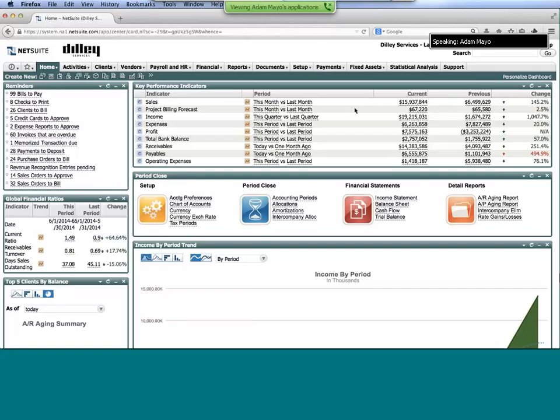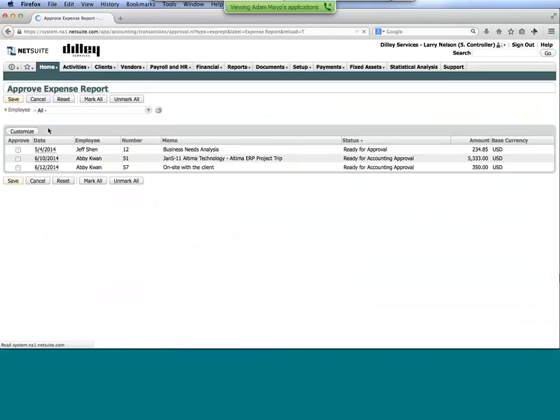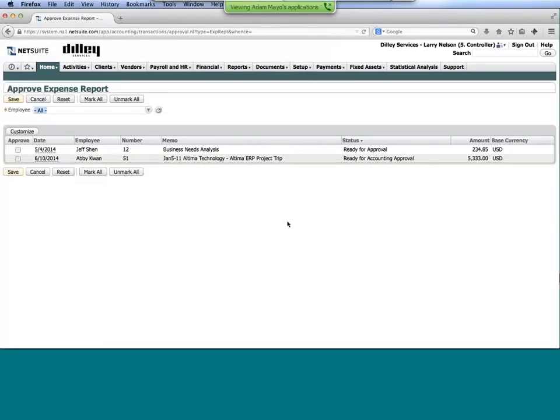So from here, as a controller, I'm going to look over at my reminders, my list that I have here. And again, I have expense reports that are awaiting my approval. There's the one for Abby for the $350. And right from here, I'm just going to go in and say, let's approve that and finalize that. So we've now gone in and approved both the timesheets as well as the expense reports, and we're going to start looking at what's going to be potentially eligible to start running through billing and invoicing the end client.